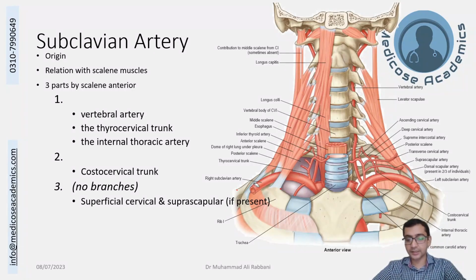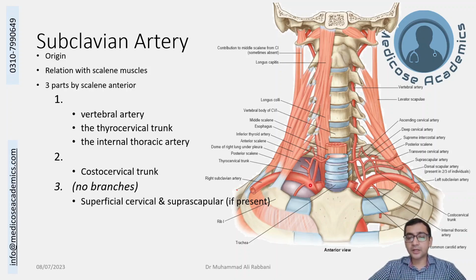It is starting from here and ending here. It has three parts, and we have discussed multiple times now that it is behind the scalenus anterior. I discussed with you in a previous lecture also that the relation with the scalenus anterior is very commonly asked. So a question can come like: the artery is anterior to the scalenus medius, the artery is posterior to the scalenus anterior. The scalenus anterior is between the subclavian artery and the subclavian vein. The subclavian vein passes in front of this. And these relations, especially which of the subclavian vein and artery is lying anterior and posterior, and what is the relation with the scalenus anterior,